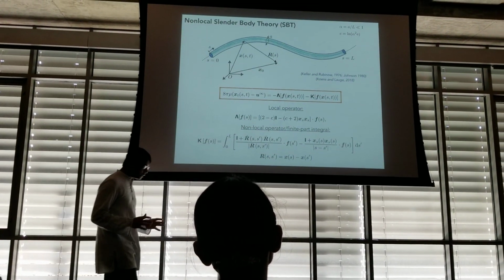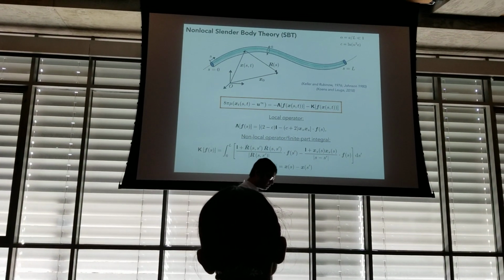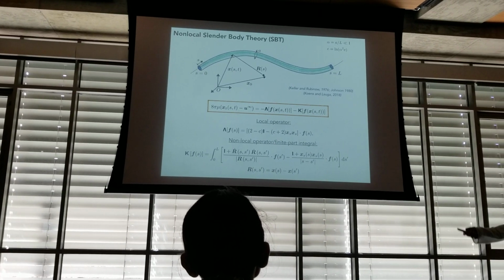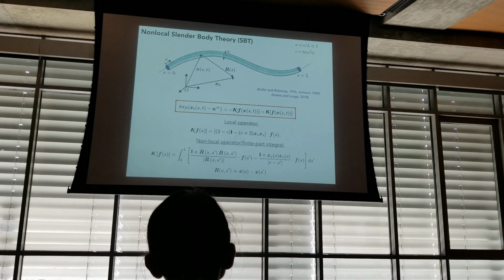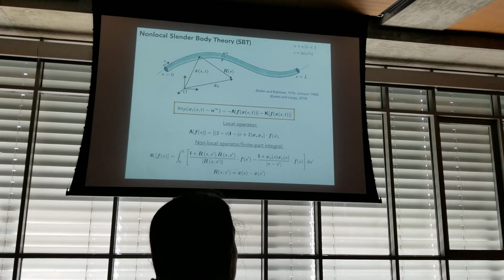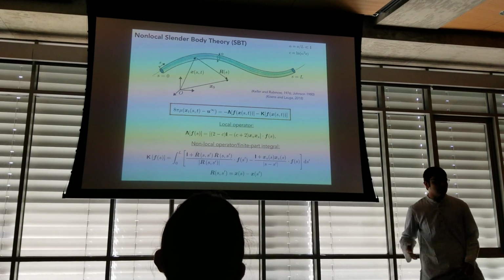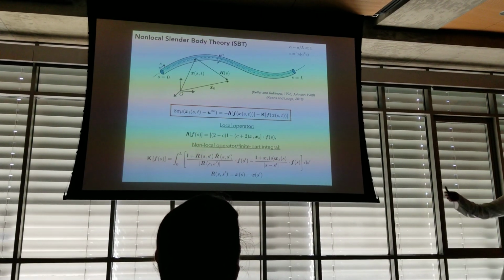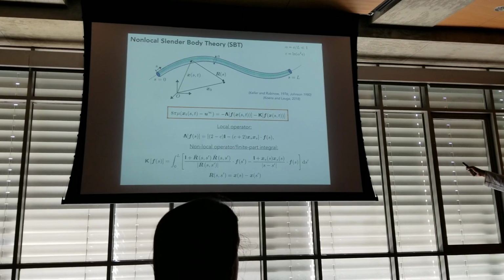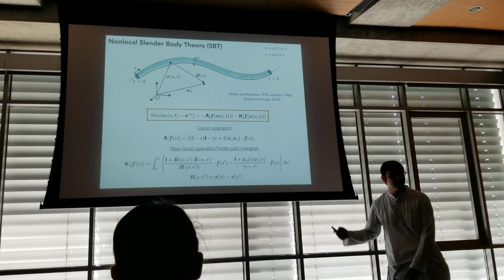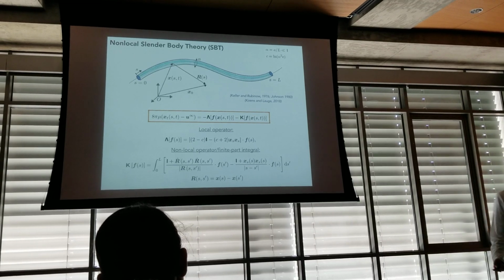For the problems of our interest, the interesting particles are long, skinny objects: polymers, filaments, and fibers. The diameters of these objects are much smaller compared to the length, so there is a natural small parameter in the problem, the aspect ratio alpha. And in this case, you can go one step further and reduce the problem that lives on the surface to a problem defined only on the center line of this particle. This asymptotic reduction is known as nonlocal slender body theory. It is kind of tedious, but I will give you the main result.